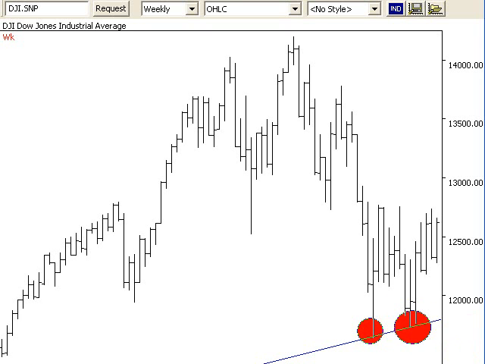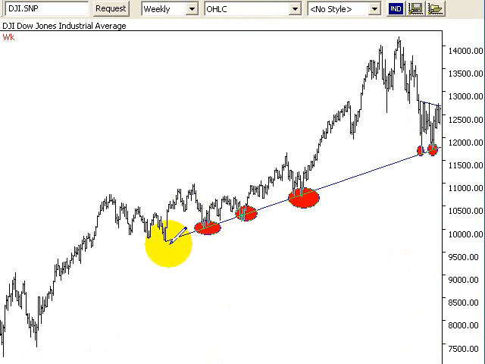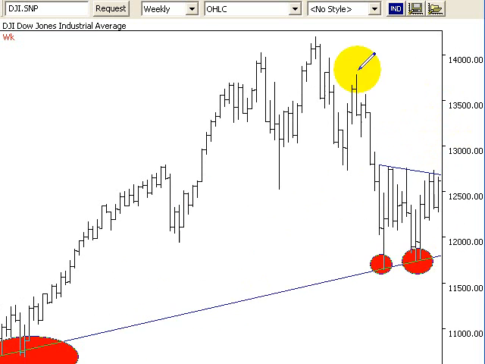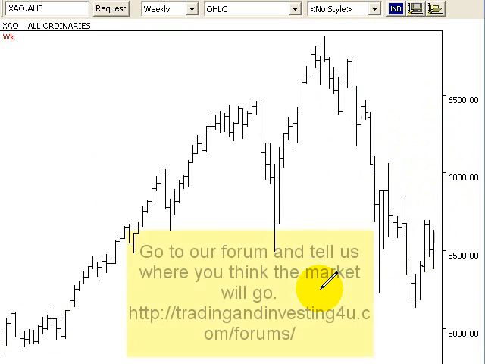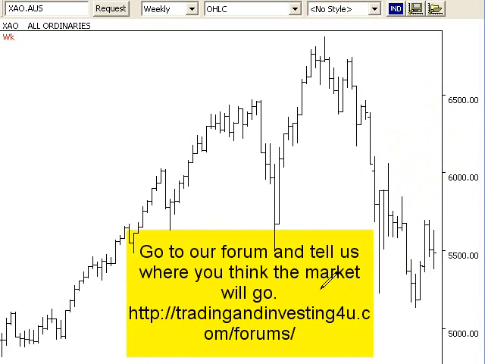But right now, this is what the overall Dow is doing. It's really in a tight range at the moment. That's why it's gone sideways. There are some people buying it through here once it's bouncing off this trend line, and some people selling it through there as well. So overall, the Dow says it wants to go up. The All Ords says it wants to go down. Now remember, if you want to buy and hold, do it on particular stocks that are very good fundamentally behind it. Get educated and make sure you do the right thing.